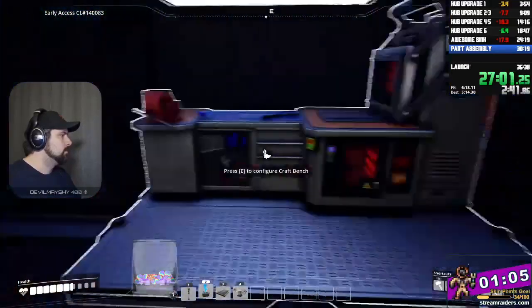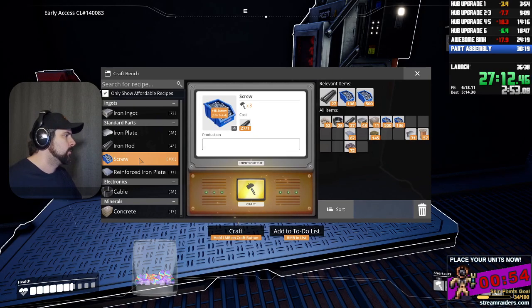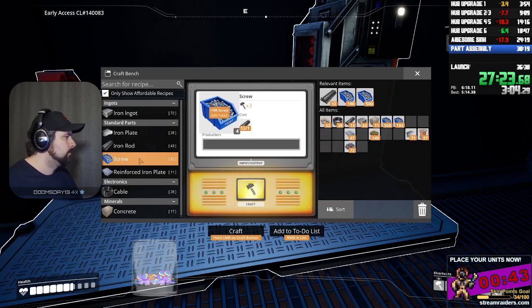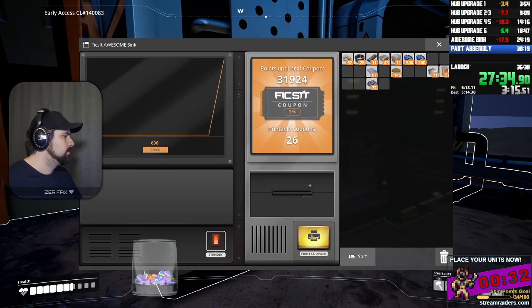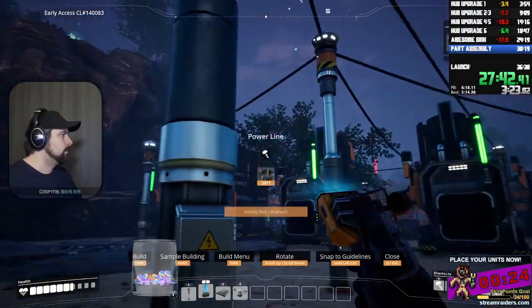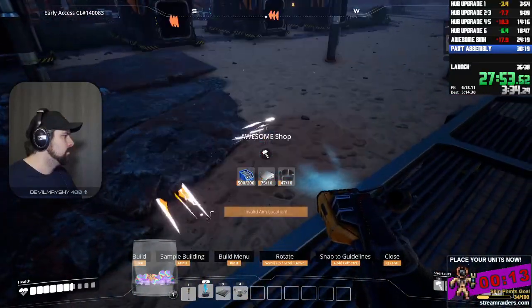Alright, so do this. This is something I normally forget about. And then we also need to do 4 of those. We don't have the rods. But we're about to have all the rods. Okay, so those are running now. We can place our awesome shop down. We buy